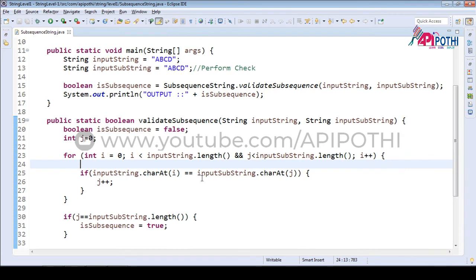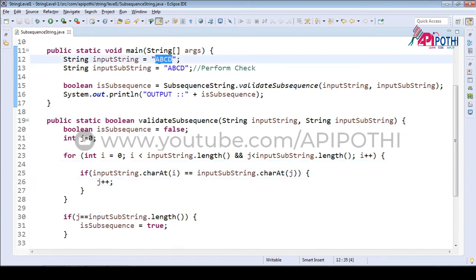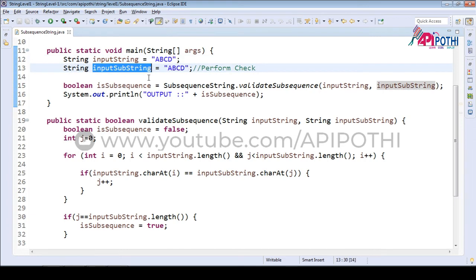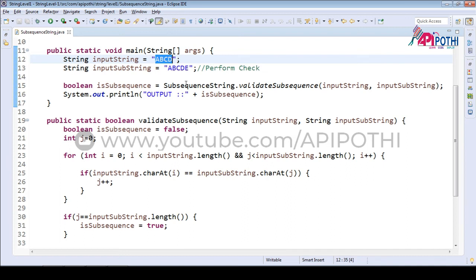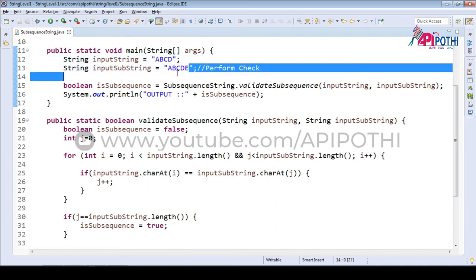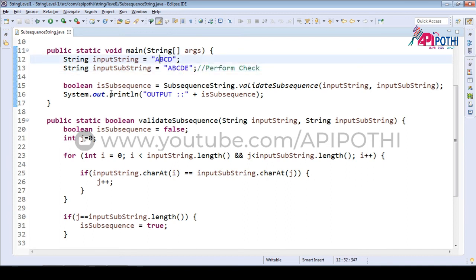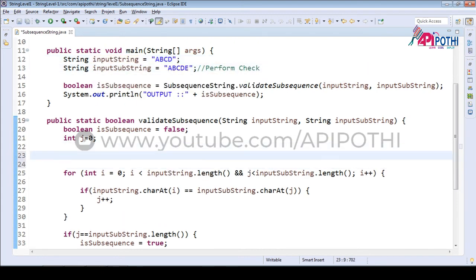Now there will be one possibility. We have ABCD, which is the given string, and we are trying to find the input substring, which is ABCDE. See, ABCDE can never be a substring of ABCD because it has more characters than the given string. Substring length is less than or equal to the given string length. It shouldn't be greater. So we can have one check here saying that